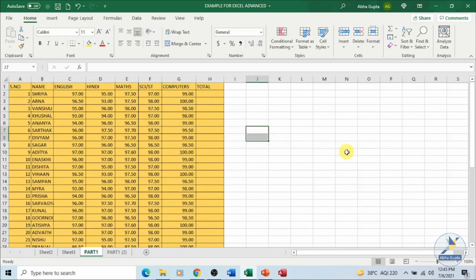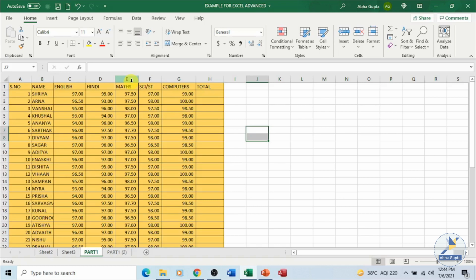In this example, we have marks of all the students. Say for instance, I am showing the marks to my students and I want to discuss only the English and the Hindi marks. I don't want to show them the maths and the science or SST marks. So one method is I make a different worksheet altogether for showing only the English and Hindi marks, or I can work a way around in my existing sheet.